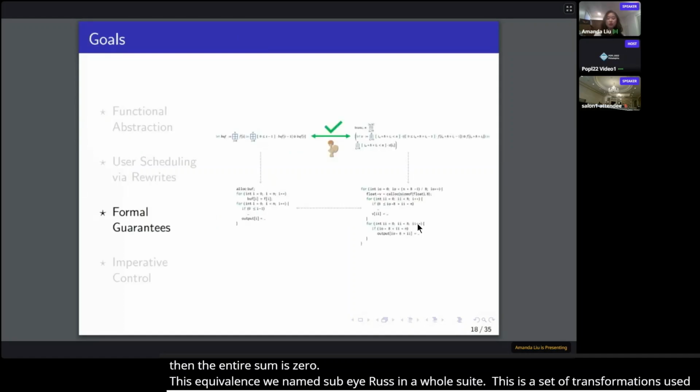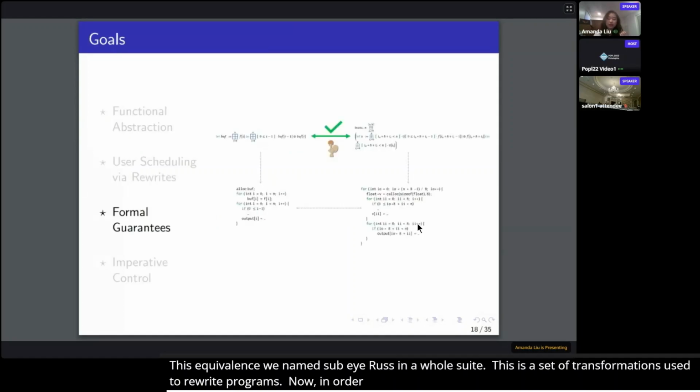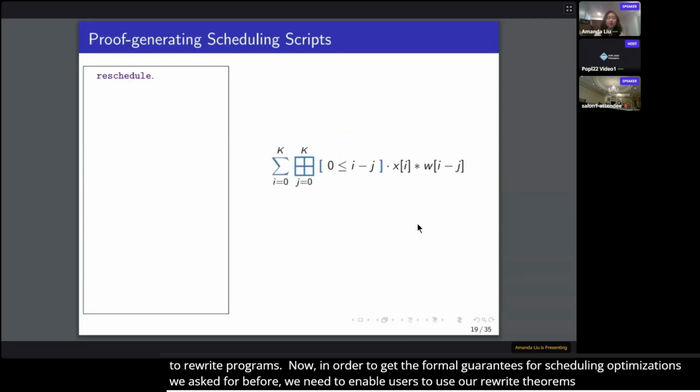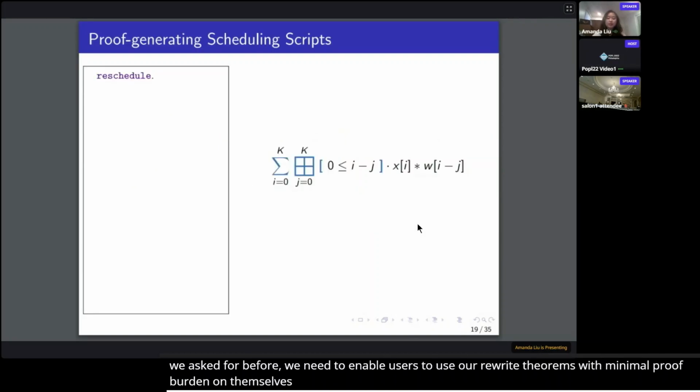Now, in order to get the formal guarantees for scheduling optimizations we asked for before, we need to enable users to use our rewrite theorems, preferably with minimal proof burden on themselves. So in order to actually use these theorems to rewrite and transform programs, we also provide a powerful set of tactics in our framework.